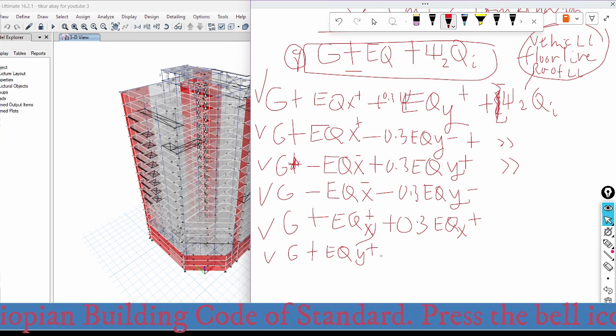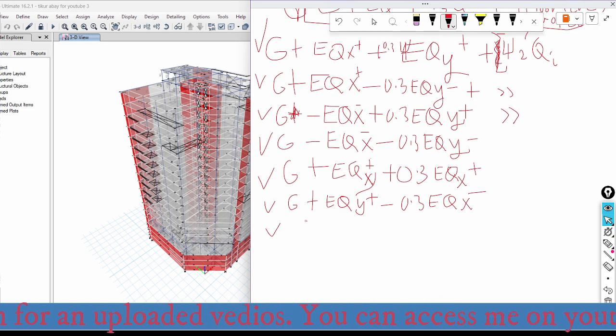positive y direction, which will be combined with 30% of the earthquake load, which will be acting in x negative direction. And the other, the gravity load, I mean the permanent load, combined with 100% of the earthquake load, which will be acting in y negative direction, combined with